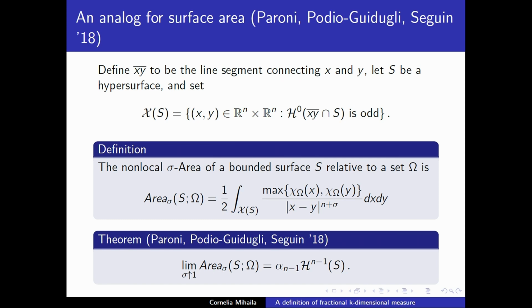So if I say xy is the line segment containing x and y, connecting them, and I have a hypersurface, I'm going to first define this set of crossing points, calligraphic x of s, to be the set of points in Rn cross Rn where the line segment connecting them intersects my surface an odd number of times. And then once I've done that, we can find this definition for the sigma area of my bounded surface relative to a set omega to be 1/2 times the integral over this set of pairs,